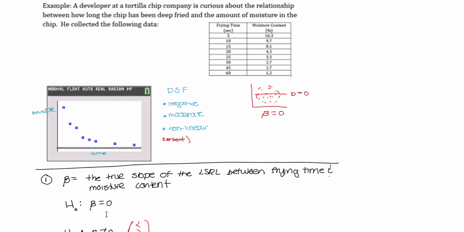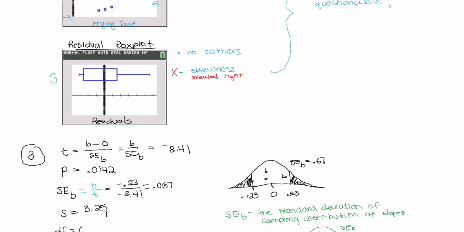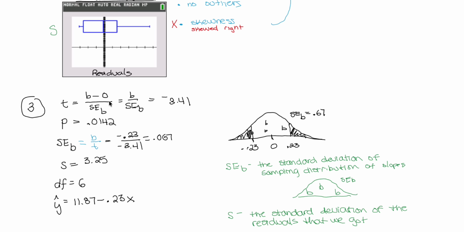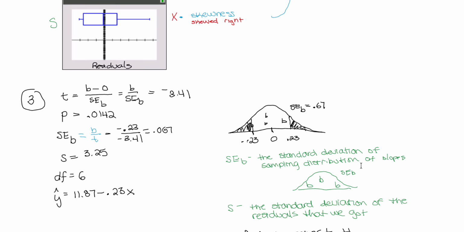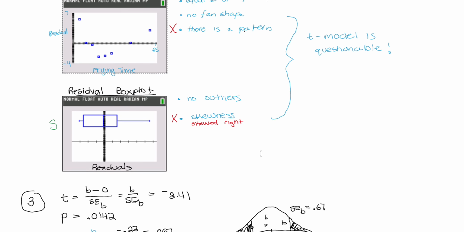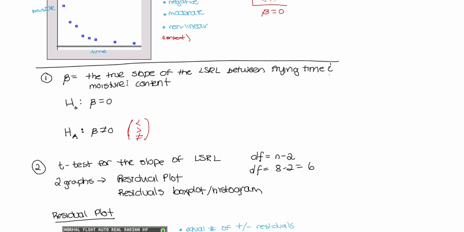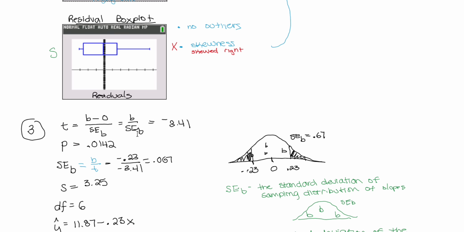If your question's null hypothesis is beta equal to some number, then in this formula right here, you're going to write this number down, not 0. SE sub b stands for the standard deviation of the sampling distribution of slopes. So remember that beta, the definition for it, is the true slope of the LSRL. So SE sub b is basically the